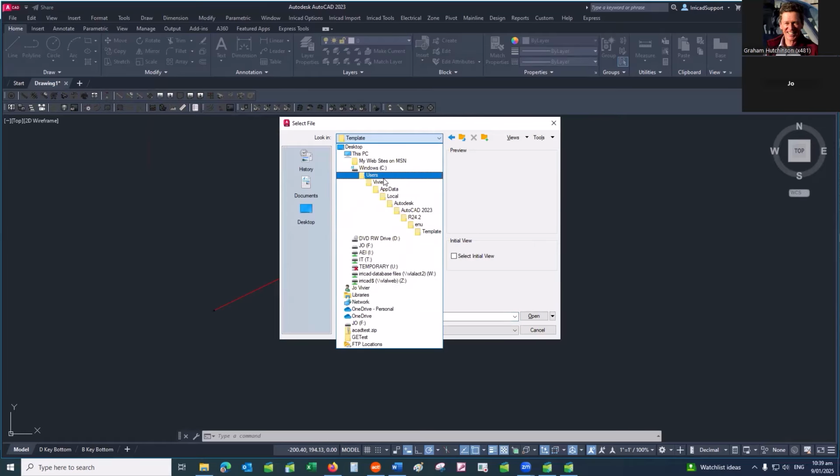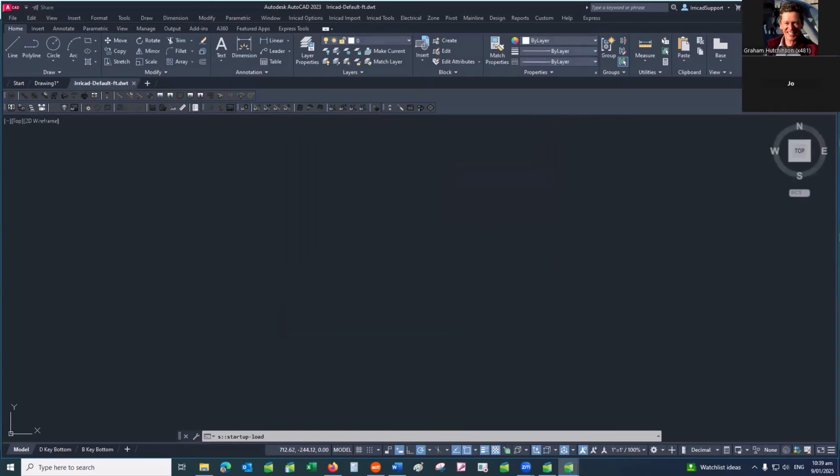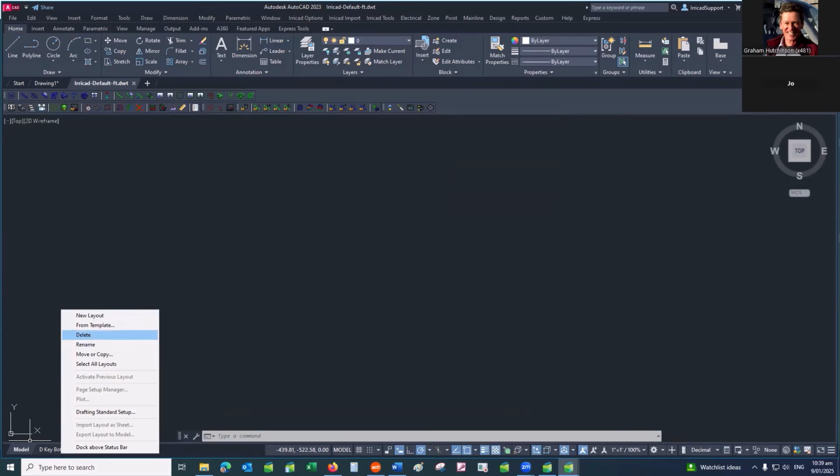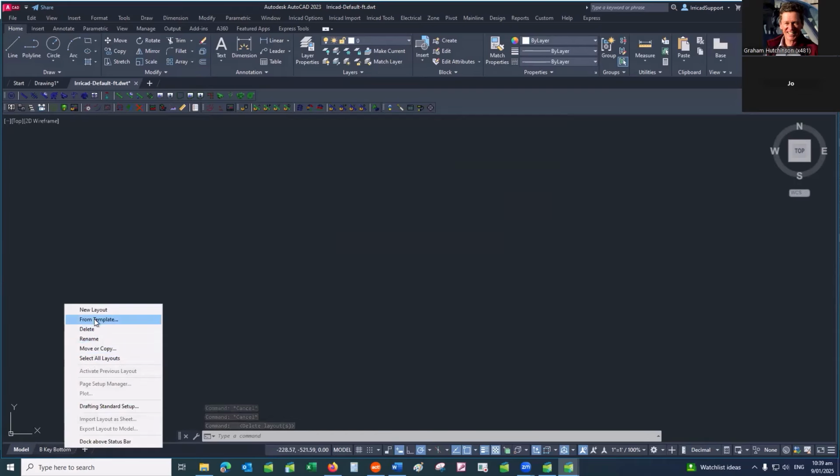Which is nicely hidden under Users, your login name, App Data, Local, and then through the Autodesk to the template folder. Now if I go to the default template, we can open that. We can say, well, in my particular case, I never use the size D paper, so I'm going to delete that one, and I'm going to add from template